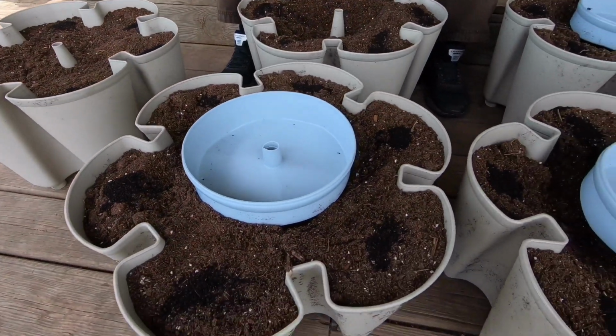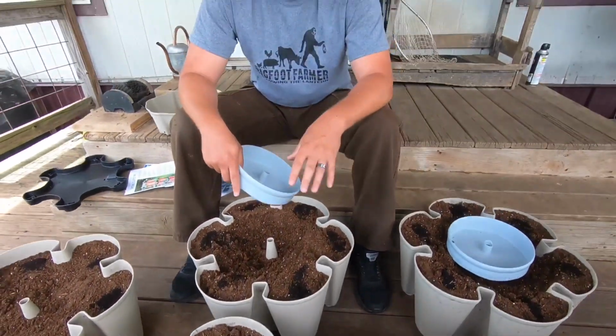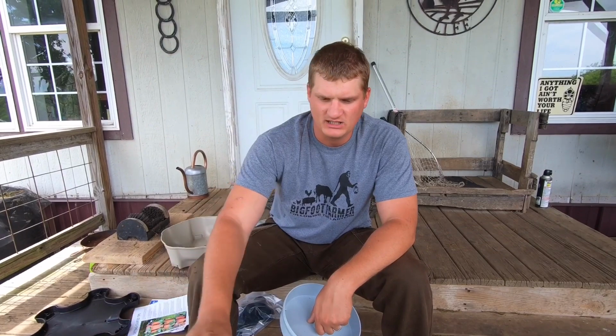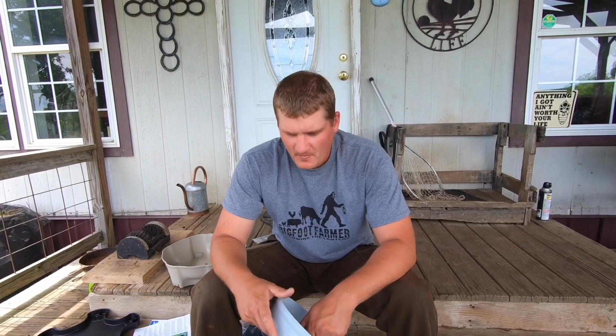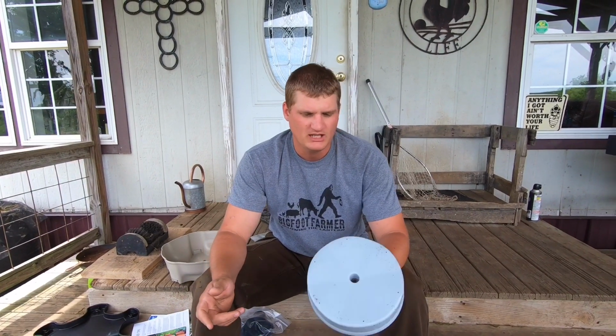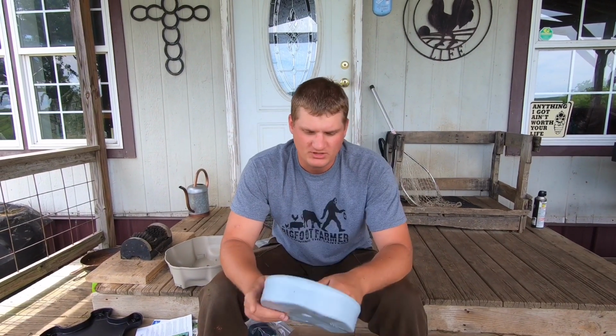I think it said on the instructions that that one pack was for like a whole tier. I just mainly stuck it where the seeds are actually going to be, because I wanted everybody to get a little bit of it. But the next thing we're going to be doing is putting these on, and what these are is kind of